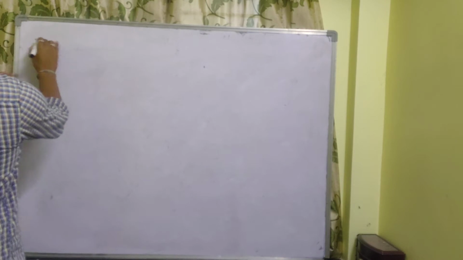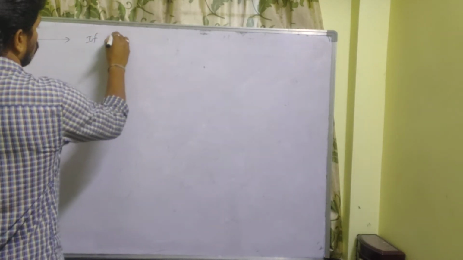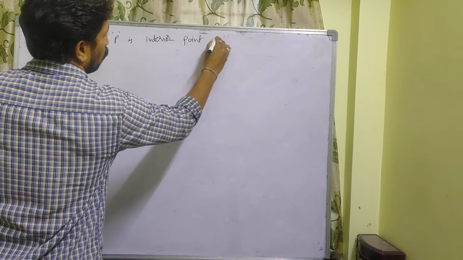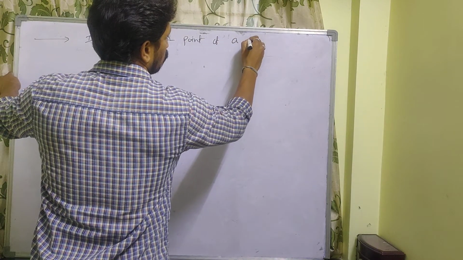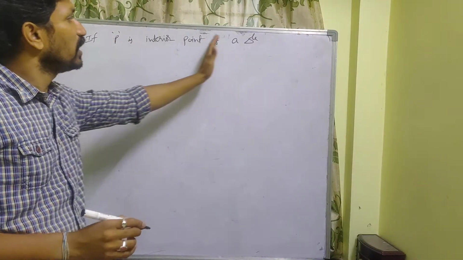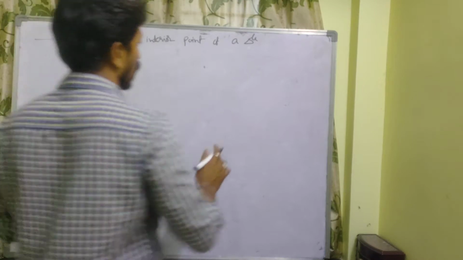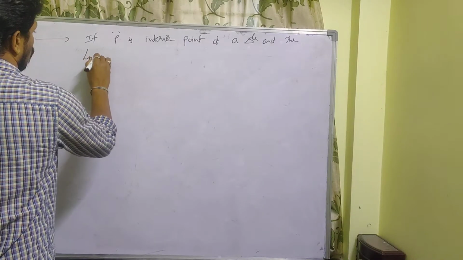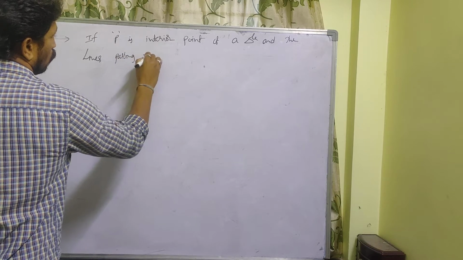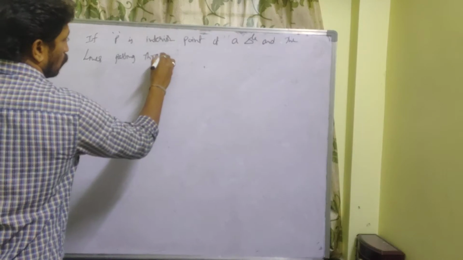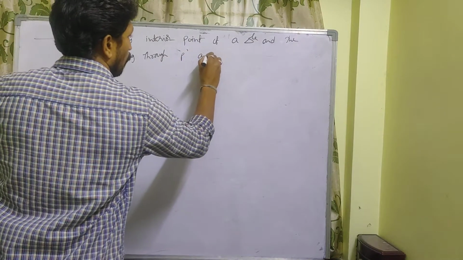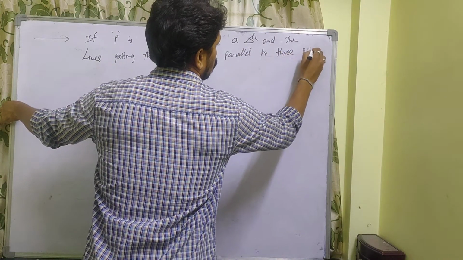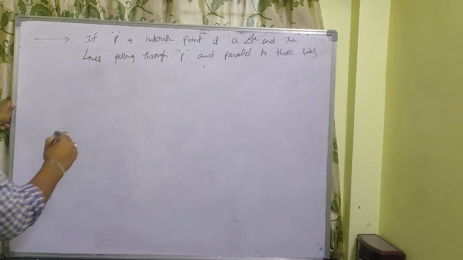Next concept. If P is an interior point of a triangle, any triangle, and the lines passing through P and parallel to the 3 sides, okay, parallel to the 3 sides,